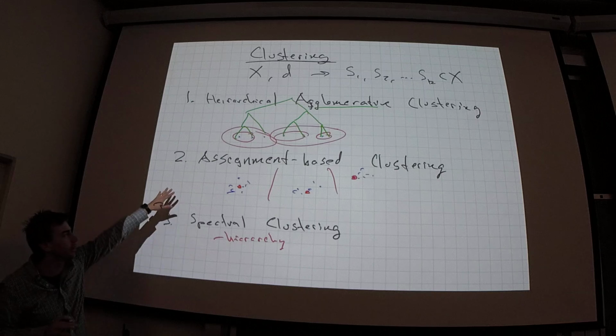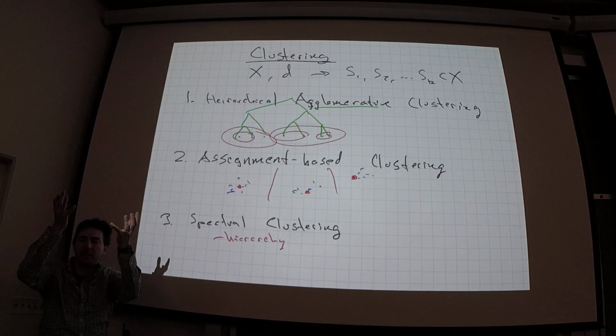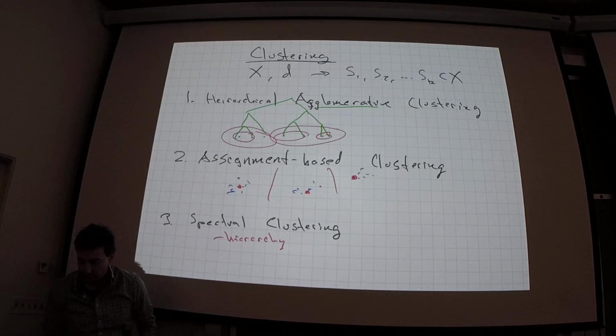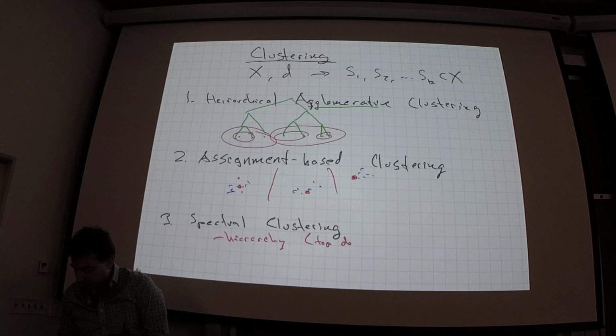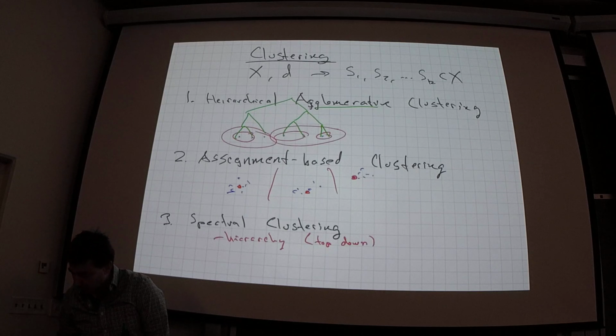So it's not going to be center-based, but it's not agglomerative. It's not building from the bottom up. It's going to be partitioning, top down. Okay, so what I'm going to do, I'm going to have this data,